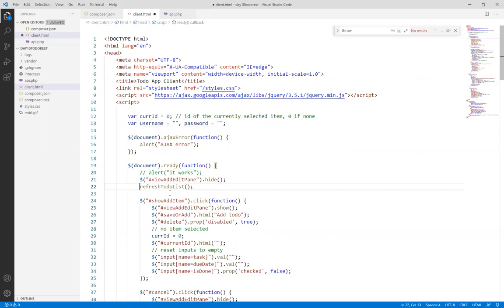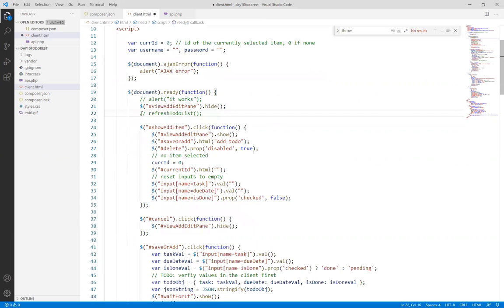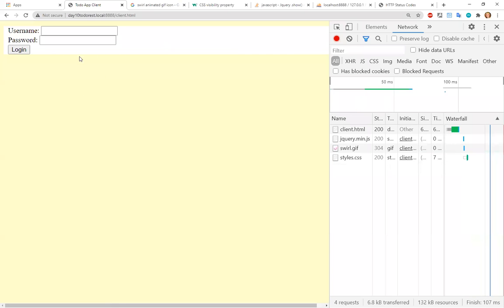load, you see, I don't do the refresh to the list anymore. I'm going to comment this out, right? I don't do the refresh to the list anymore because it's too early. You see, when the HTML document loads, it needs to display login, right? Username, password, or the email and password, and only then I can load the to-dos, right? So no longer will I be doing the refresh right away. So all I do here, I just display this, and I wait for the user to provide the username and password to authenticate, right? Now, when I do,